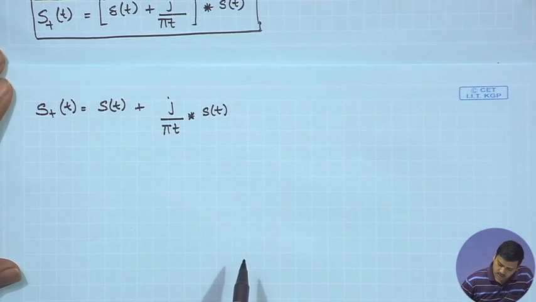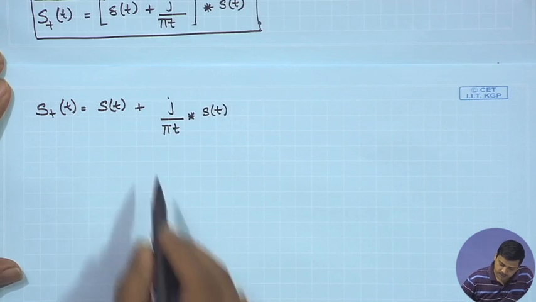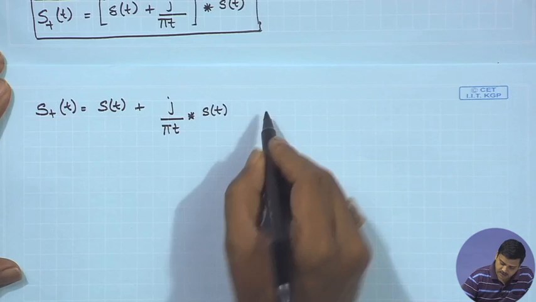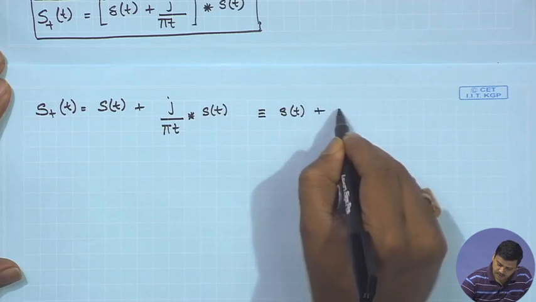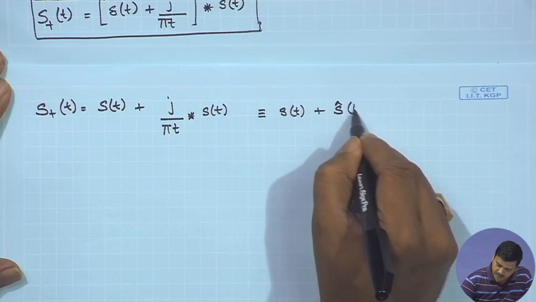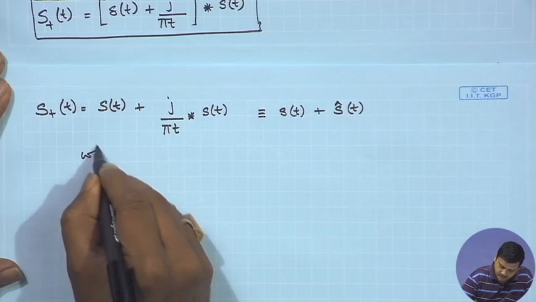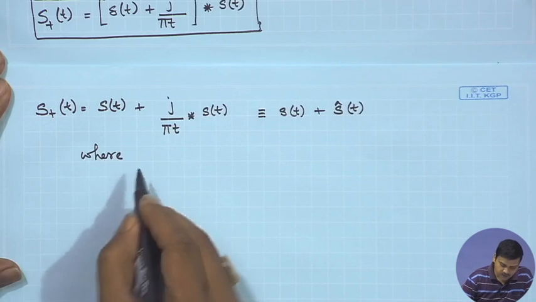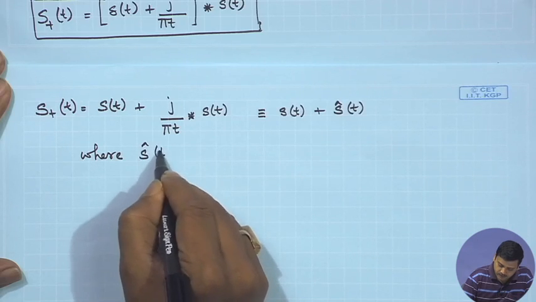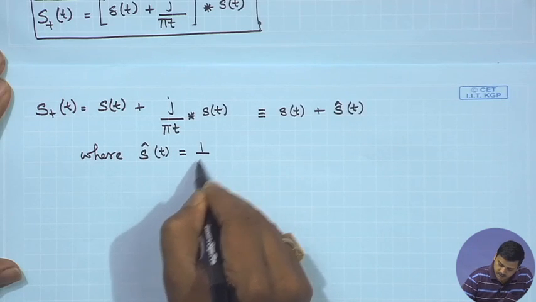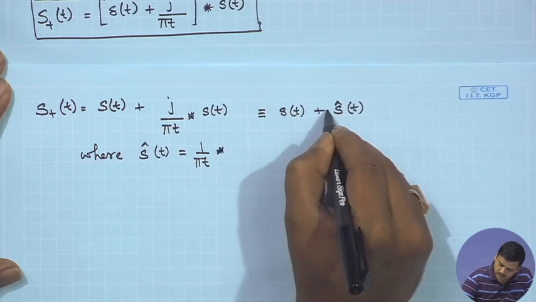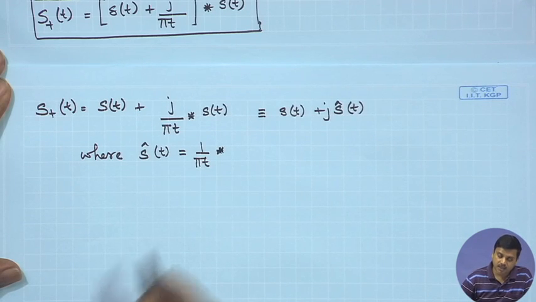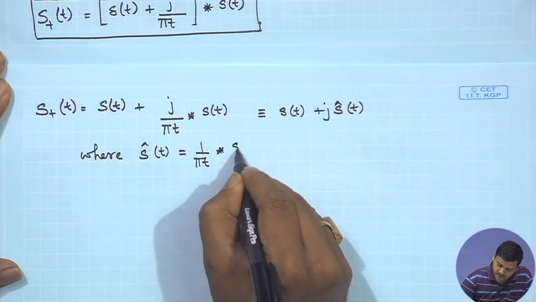So, we could say that let us consider this as represented by S of t plus j S cap of t, where S cap of t is 1 upon pi t convolved with S of t,